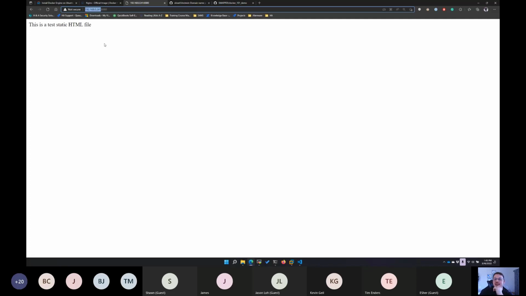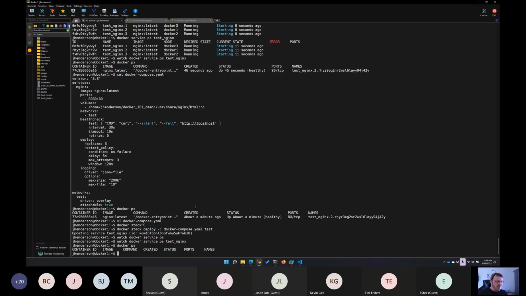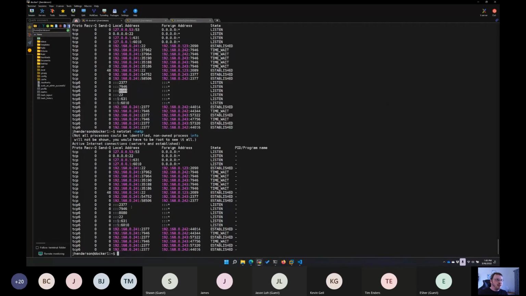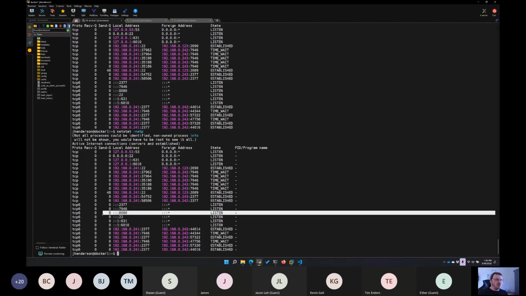Yeah, so what's happening here is when you deploy a service, or a stack which deploys a service for you, it creates what's called an overlay network. This is the most beautiful thing about Docker Swarm. So what happens, I go back here and I do a netstat for 8080, and let me actually do netstat -tulpn. That's not going to show it here. If you were to actually dig into this, 8080 is being controlled by the Docker service,